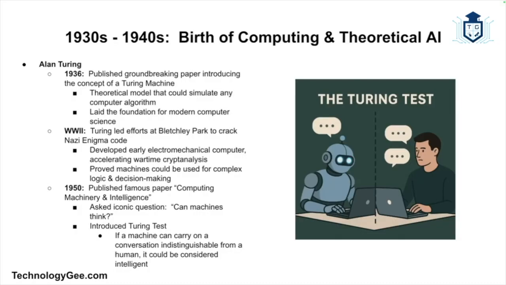But it was in 1950 that Turing really hit the AI scene with his paper called Computing Machinery and Intelligence. He posed the now famous question: can machines think? And then he also introduced what is called the Turing test. This is basically, if a machine could converse with a human without the human realizing it's a machine, then he would consider the machine to be intelligent. And as a spoiler alert, we're still chasing that goal today.